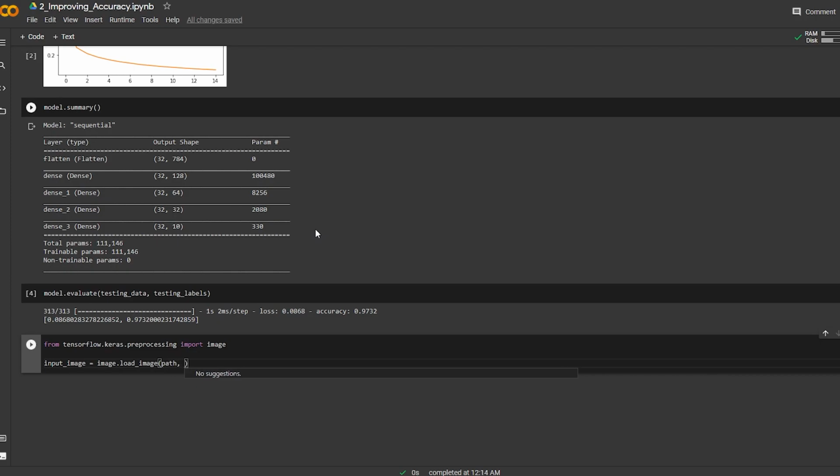After that, here are some suggestions: color_mode equals grayscale, because our MNIST images have only one channel. The color mode by default is RGB, but we want grayscale. And after that, the target size is going to be 28 by 28.